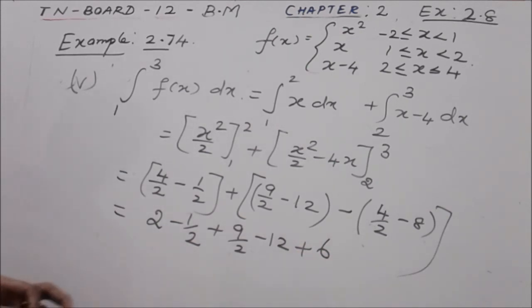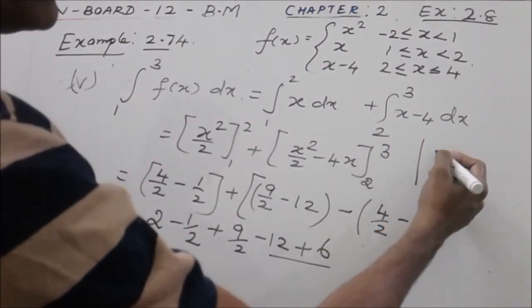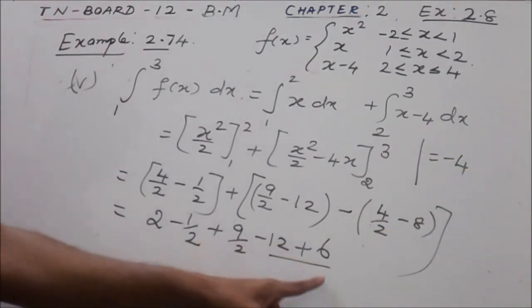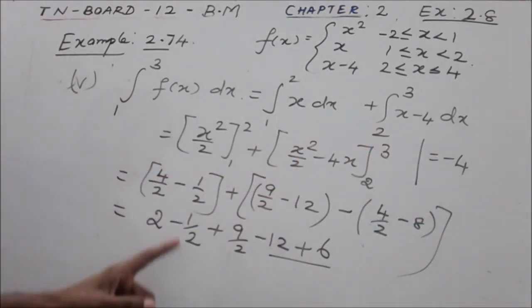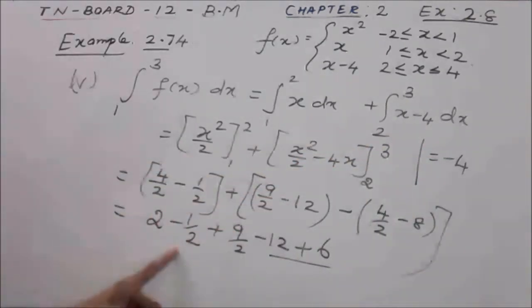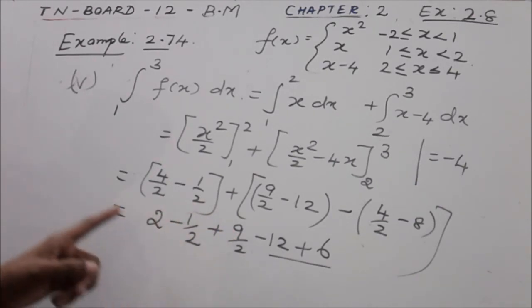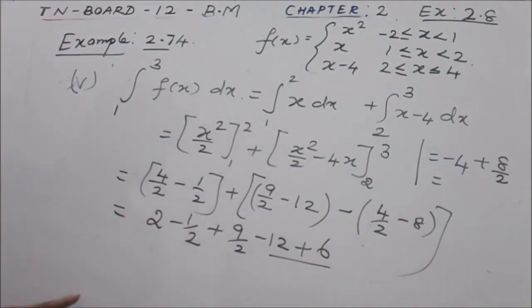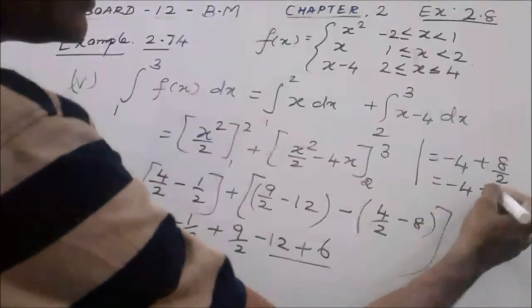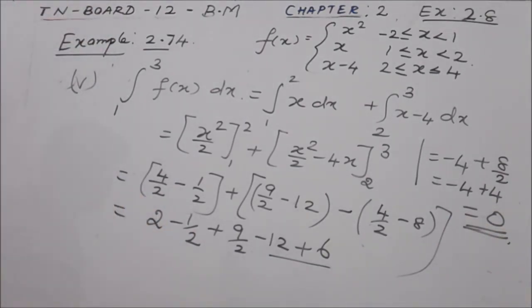So adding the values here, 6 minus 12 is minus 6. Minus 6 plus 2 is minus 4. So it will be equal to minus 4. 6 minus 12 minus 6 plus 2 minus 4. Then remaining here 9 minus 1 divided by 2. Equal denominator, you have like fractions. So 9 minus 1 by 2, that is 8 by 2 plus 8 by 2. That is equal to minus 4 plus 4 equal to 0. Minus 4 plus 4 equal to 0.